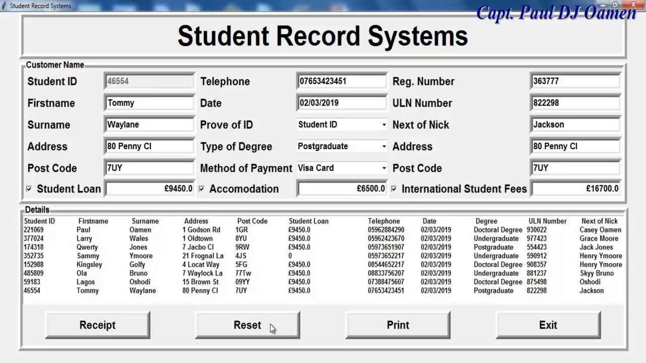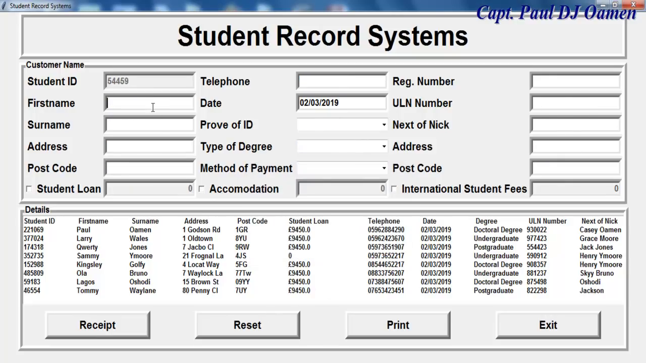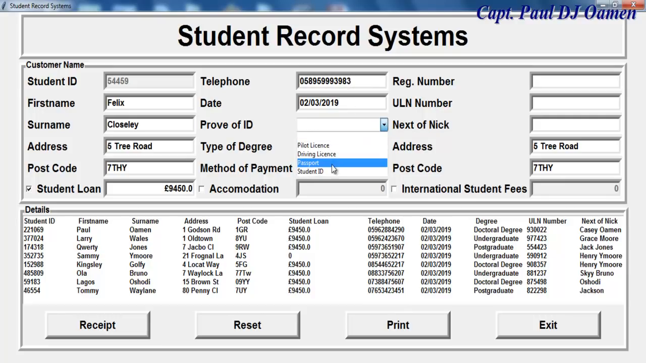Okay, now let's click on reset and enter the new student details. Let's say the student is Felix, and the surname of Felix is, let's say, Closely. Address: number 5 Tree Road, postcode 7, and student loan, telephone number there, and proof of ID, let's assume he's got a passport, and degree, let's say he's going for his doctorate